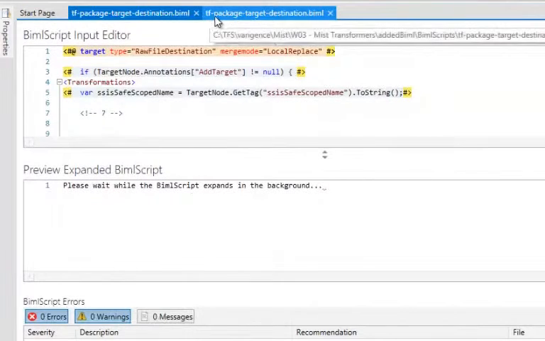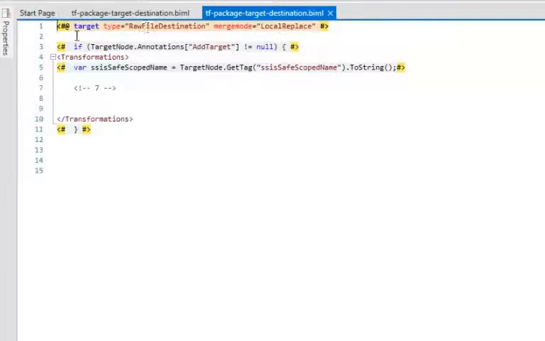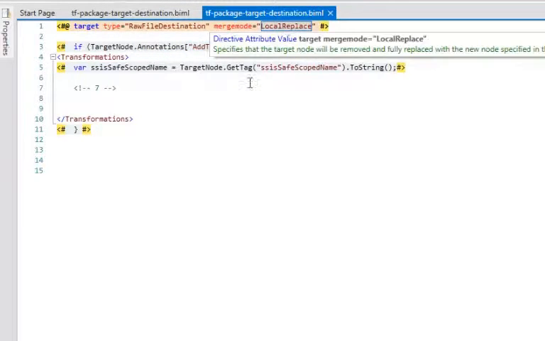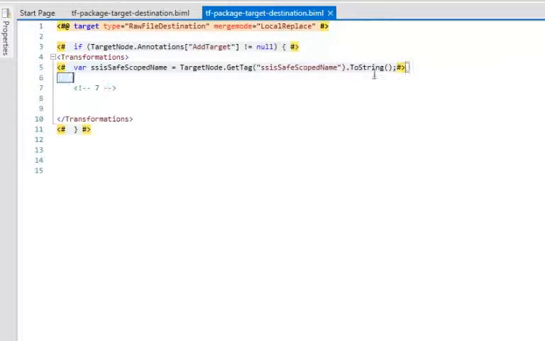Now, again, I'm doing the same here, but I'm looking for a target type of raw file destination. And again, I'm looking for an annotation tag of add target. I'm doing a local replace here, and I'm just getting one little tag there. And